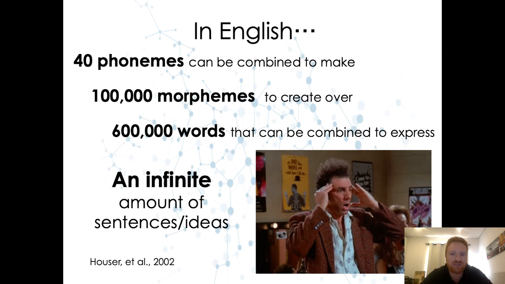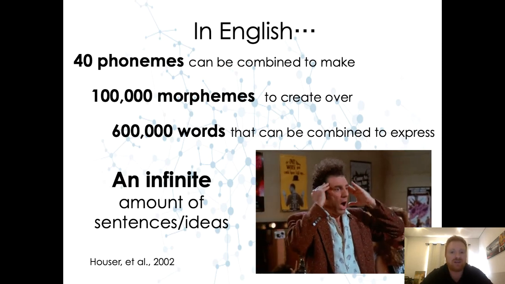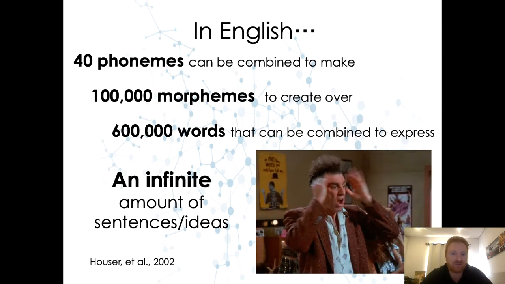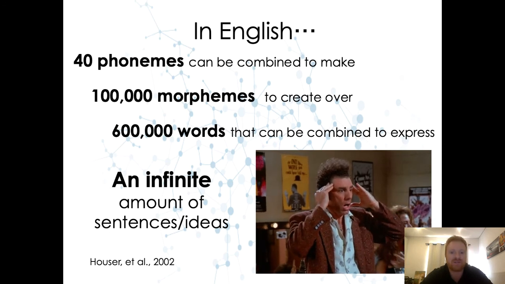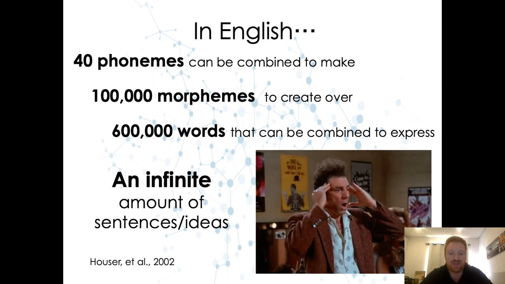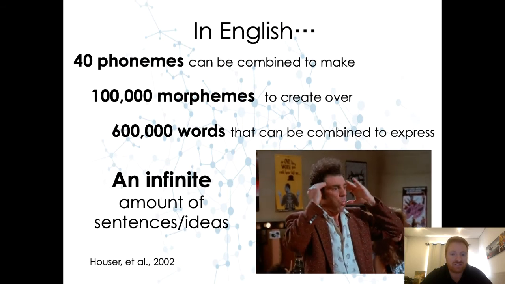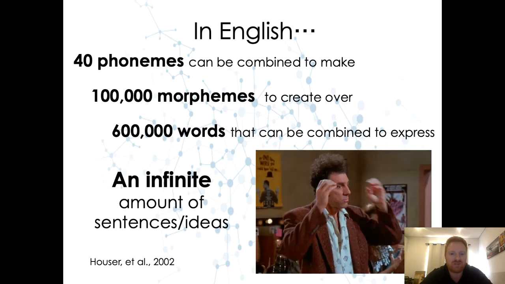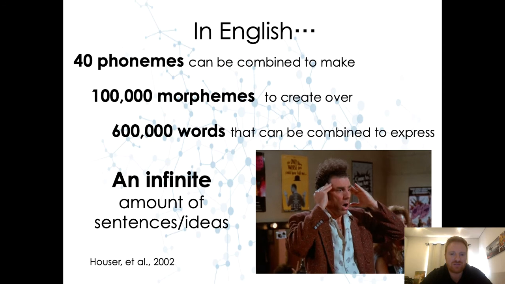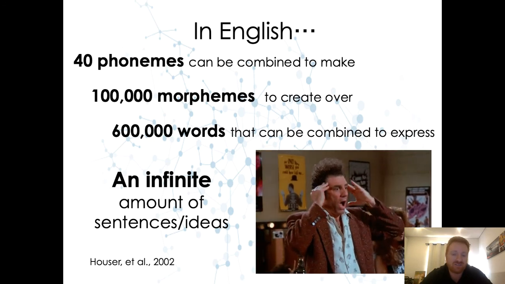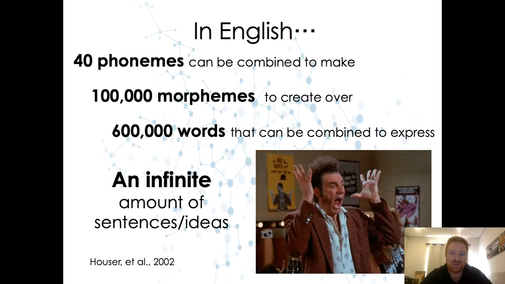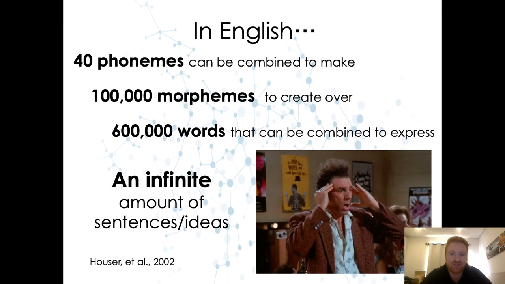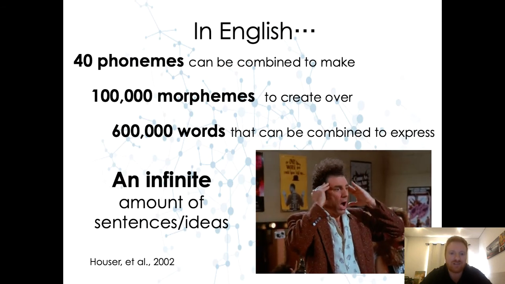There are 40 different phonemes in the English language, 40 different individual sounds that we make with our mouths, which can be combined into over 100,000 morphemes. And those 100,000 morphemes, or individual units that have a meaning, can be combined in different ways to make 600,000 words total in the English language, which then can be combined to express literally an infinite amount of sentences and ideas. I mean, not literally, it's not infinite, but a pretty extensive ability to make any thought that you want. And the chances of you saying something today that has never been said before in human history are pretty high because of the amount of variability that we have in our way to combine all of these ideas.